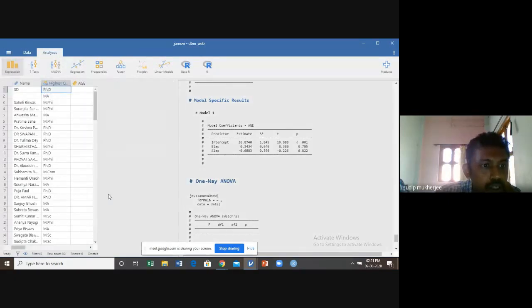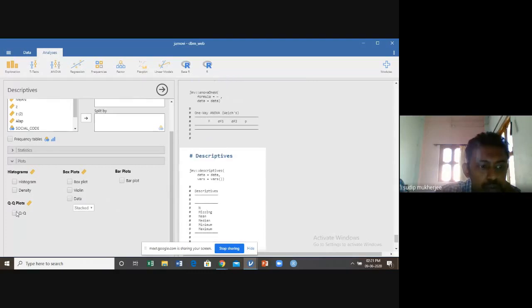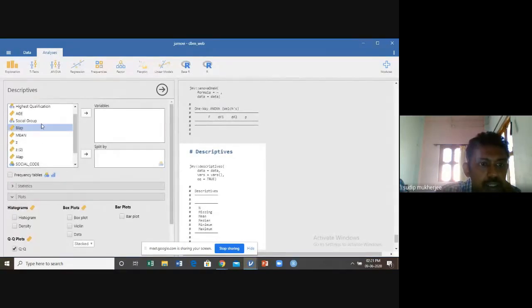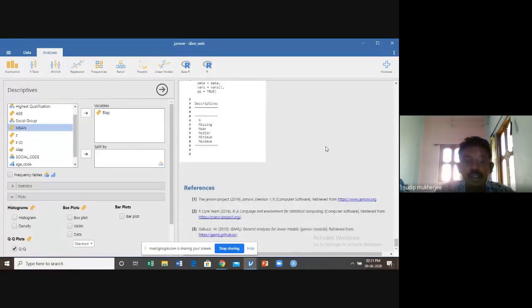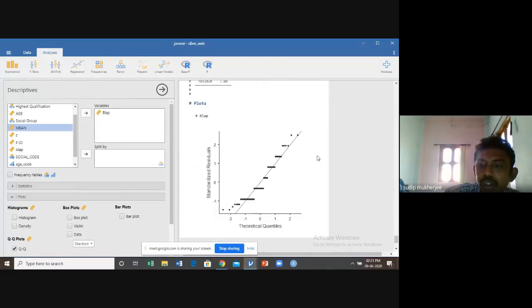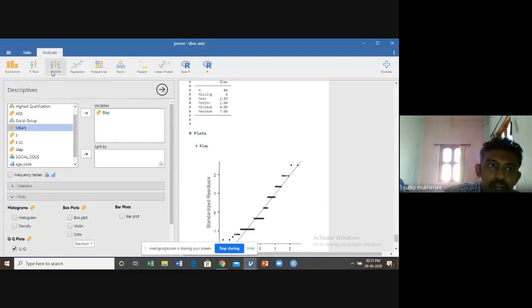So basically in exploration, there is the option QQ plot. If we plot this BLP using the QQ plot, you can see this is the QQ plot, and clearly the data is not normal.